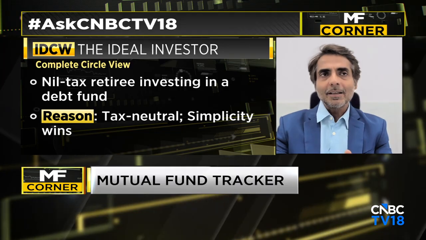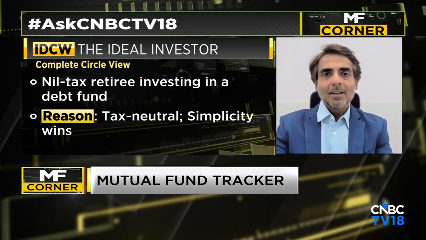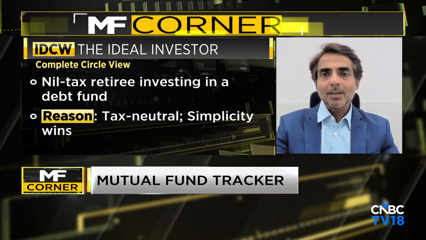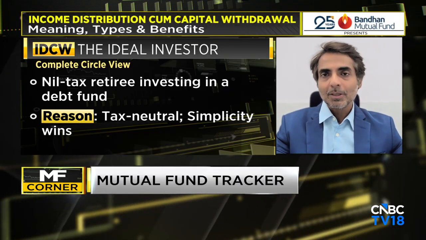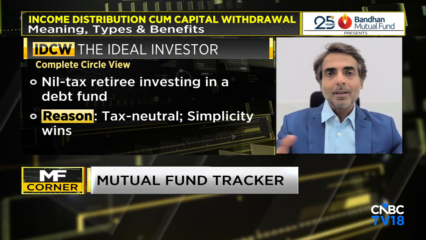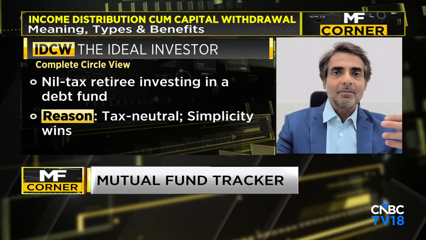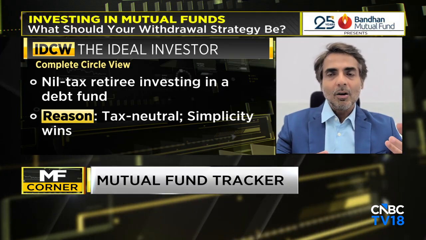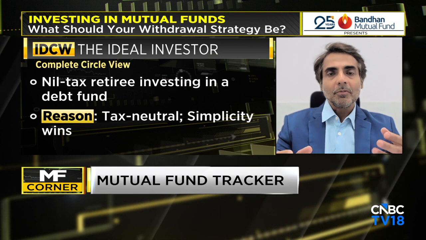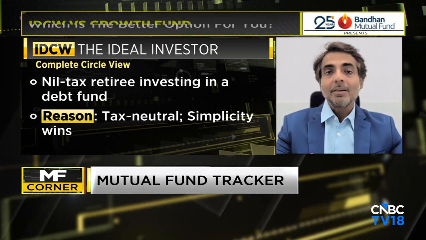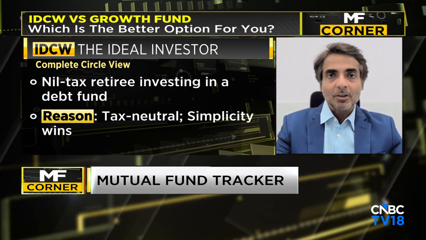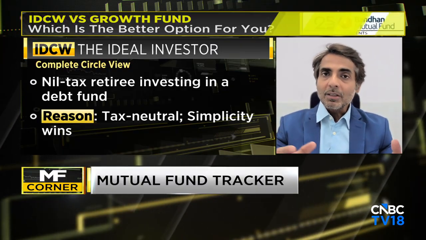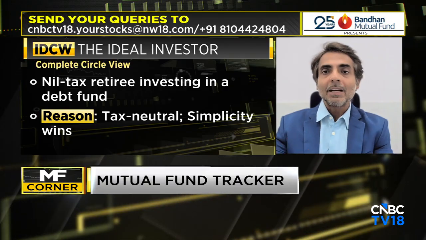So I think it's not one against another, but yes, if you're a long-term investor looking at compounding your wealth, there is no other way but to go for a growth option and then an SWP option. We just did one comparison. Somebody with 10 lakh rupees starting, and starting withdrawals after 5 years and withdrawing till 25 years of the entire investment journey, with the investment growing at 12% and withdrawal at 6%. The difference is almost 50 lakh rupees of the corpus at the end of the tenor.